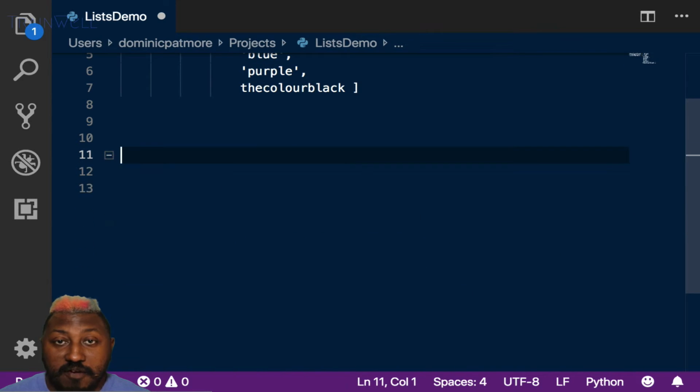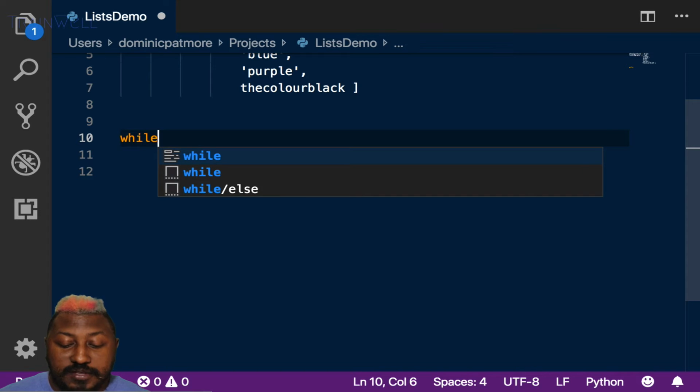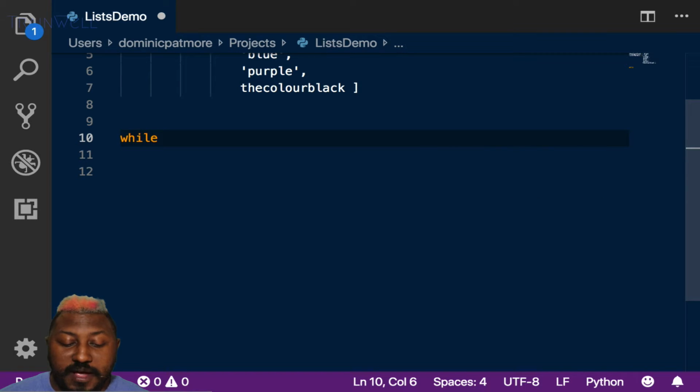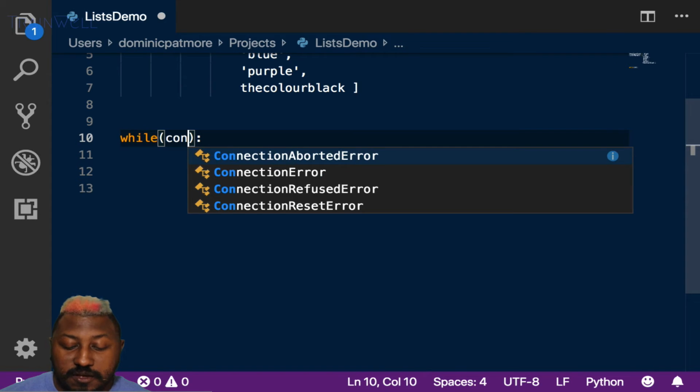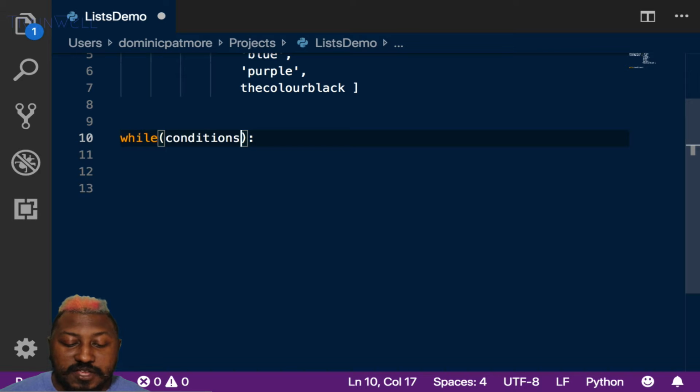Another example of an iterator or a loop is a while loop. There's no surprises here. It starts with the word while. Other languages might have a do while or while, but the only difference between a for loop and a while loop is that it's meant to continue so long as this bit in here is true. If you remember, we looked at conditionals a couple of weeks ago, and we said the conditionals need to evaluate to either yes or no, true or false. Inside the while loop, it will automatically keep going until the condition in here is false. So while the condition is true,